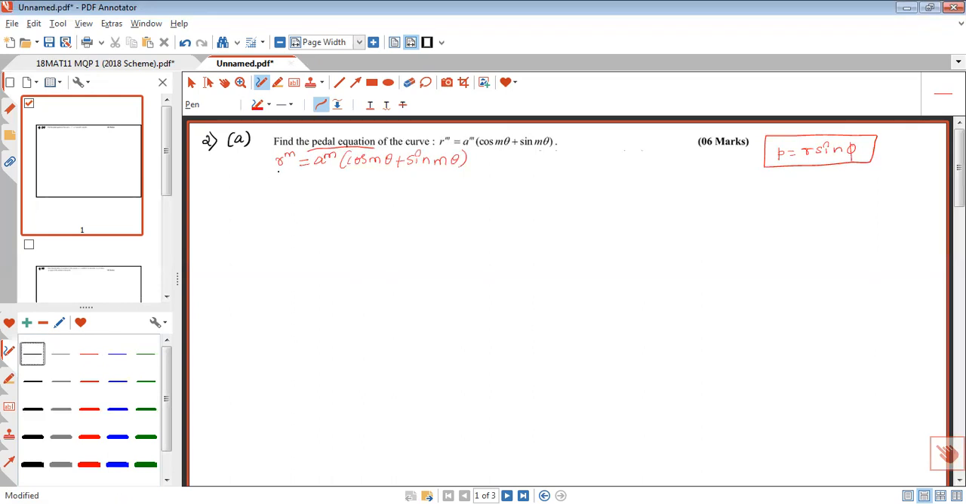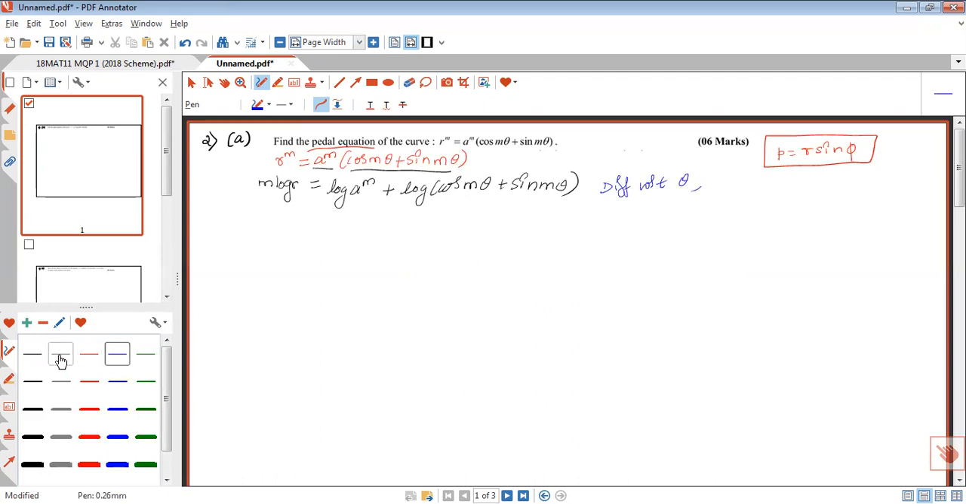For every polar curve you should take log on both sides. So your log r to the power m can be written as m log r. That's equal to log m into log n, that is log m plus log n, that is log of a to the power m plus log of cos m theta plus sin m theta. Next, differentiate with respect to independent variable, that is theta. We will get